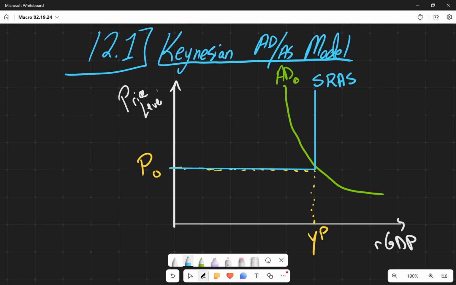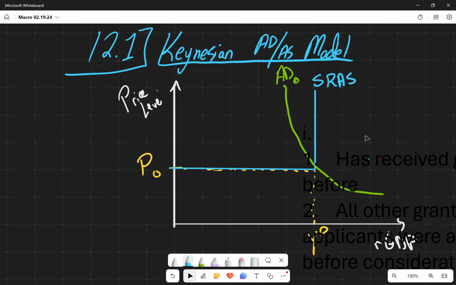So if we're at the potential GDP, any kind of shift in aggregate demand is going to cause there to just be,